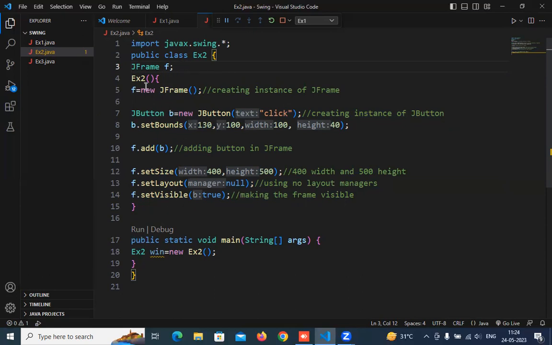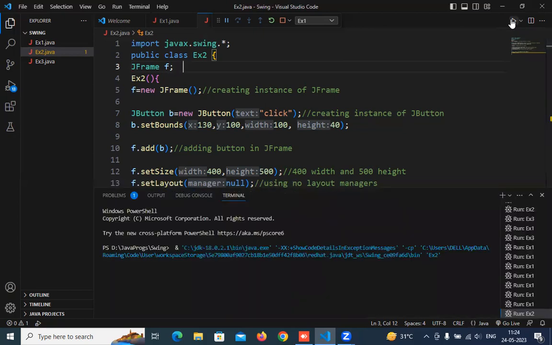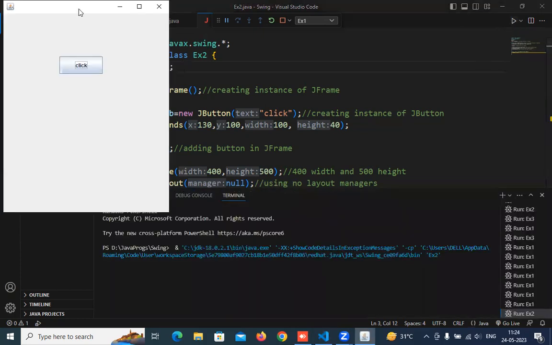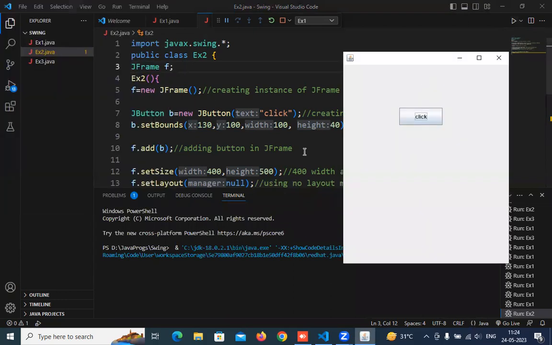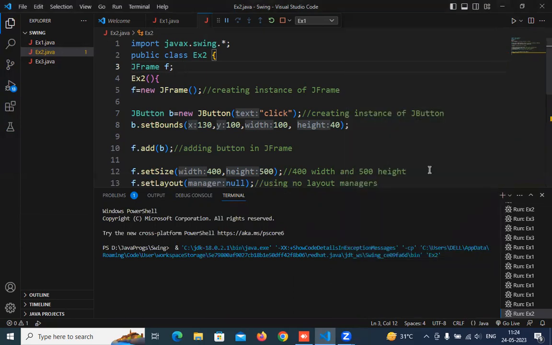So this is also one way, and a better way of writing, because once we create larger applications, we cannot write everything in the main function. We have to use functions, so we can do it that way. Let me run this program to show you the output. See, this is what we are getting. This is almost the same as what we used in the previous program, but